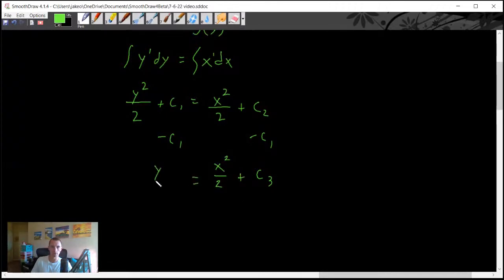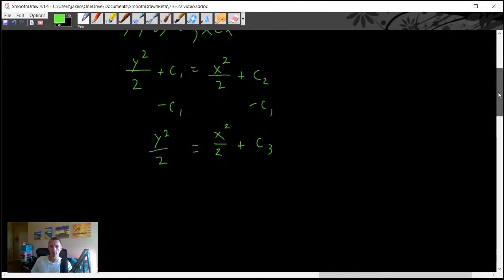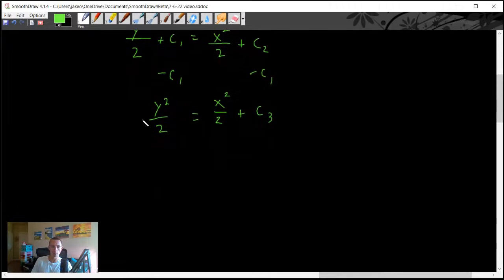Everything else in our equation will remain the same. Okay. Then we can multiply both sides of our equation by 2. The 2's will cancel there, leaving us with y squared equals the 2 times this 2 here, or the 2 divided by this 2 here. When we distribute this into our parentheses here, this 2 is going to cancel with that one, leaving us with